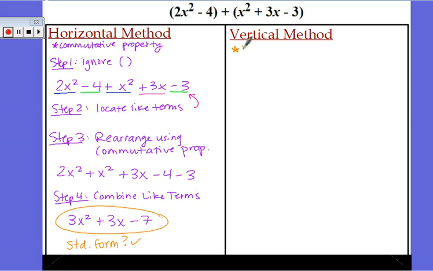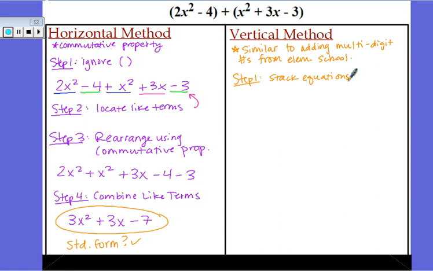It looks very similar to adding multi-digit numbers from elementary school. Okay, very, very similar. So we'll take a look at that. So the first step is we're going to stack the equations, one on top of another. And when you're stacking equations, you need to make sure you line up